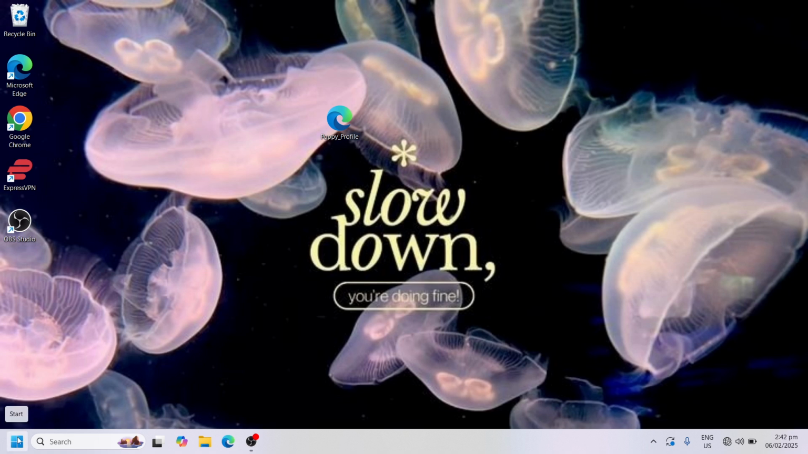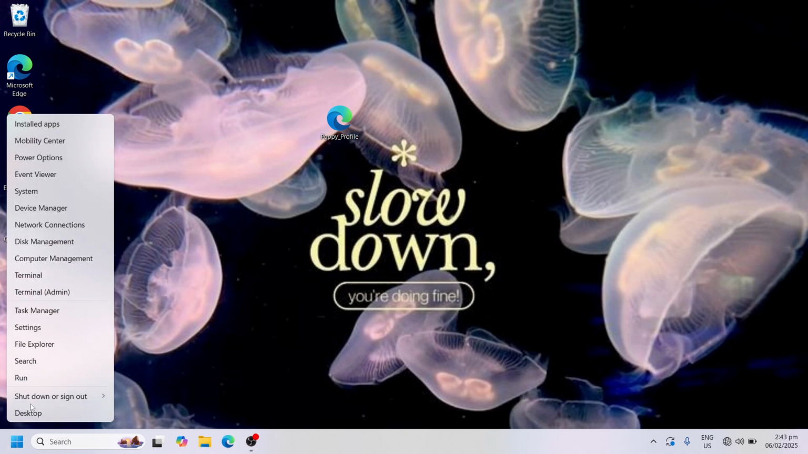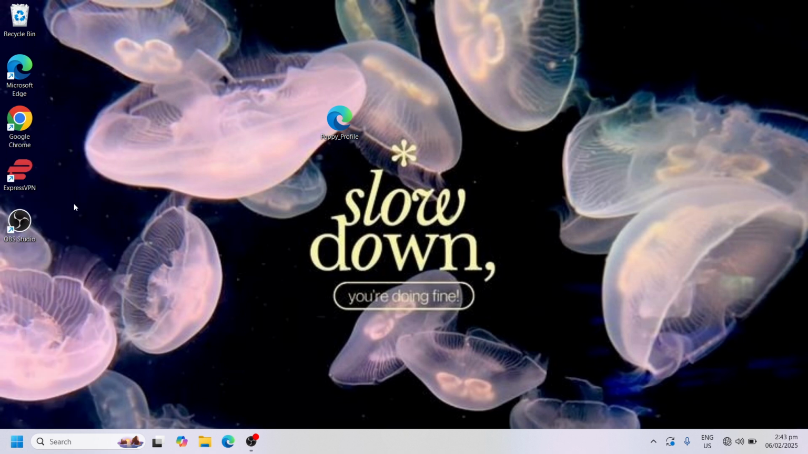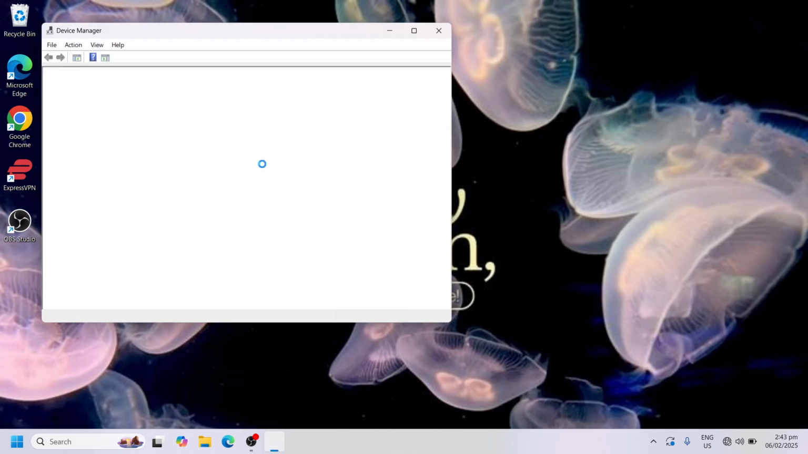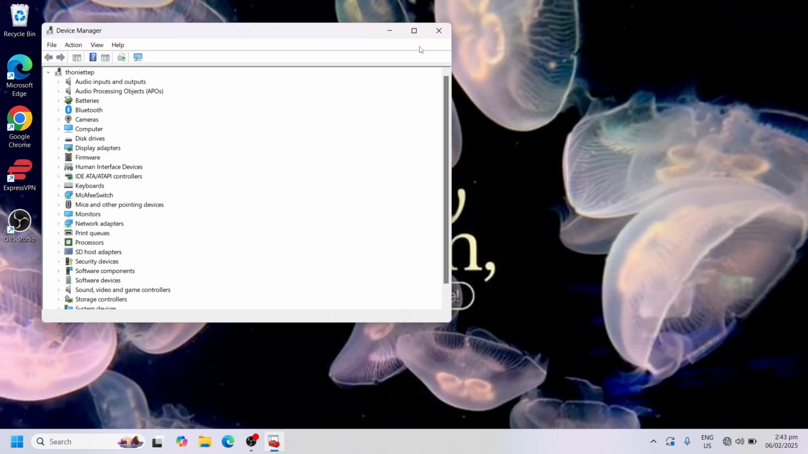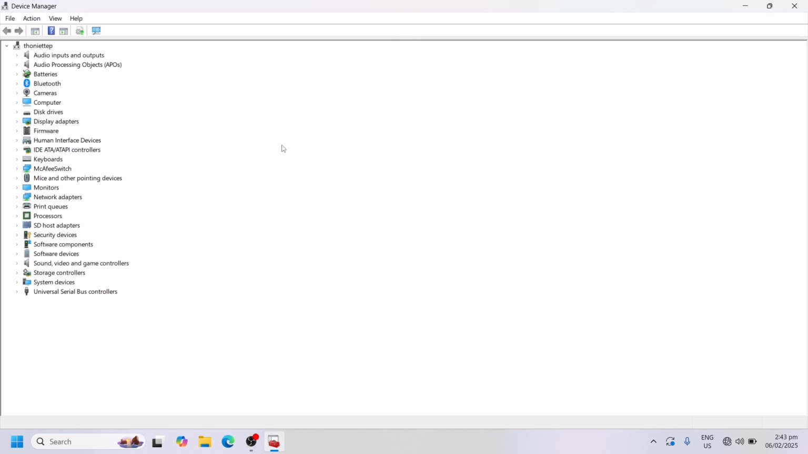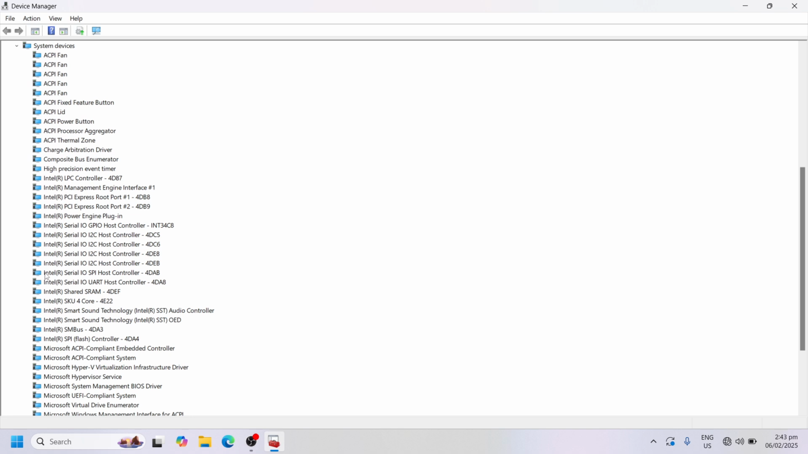How? Just simply locate your cursor on the Windows icon, do a right click and then scroll up to locate device manager. Once you open your device manager, just simply maximize it to expand and then look for system devices. Here you need to select anything and click anything, then